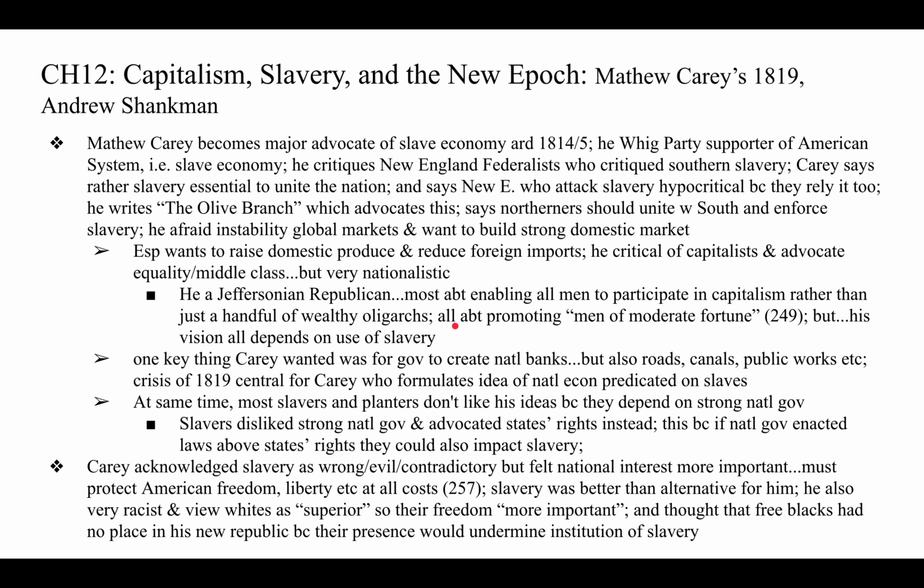I see a lot of the origins of many contemporary ideas in the U.S. and U.S. conservatism today in some of this Jeffersonian Republican view, especially the idea of enabling all men to participate in capitalism, right? That's really what equality kind of means for a lot of conservatives, I think, in the U.S. So that older, conservative idea, in a way, still exists at a certain level in the U.S.